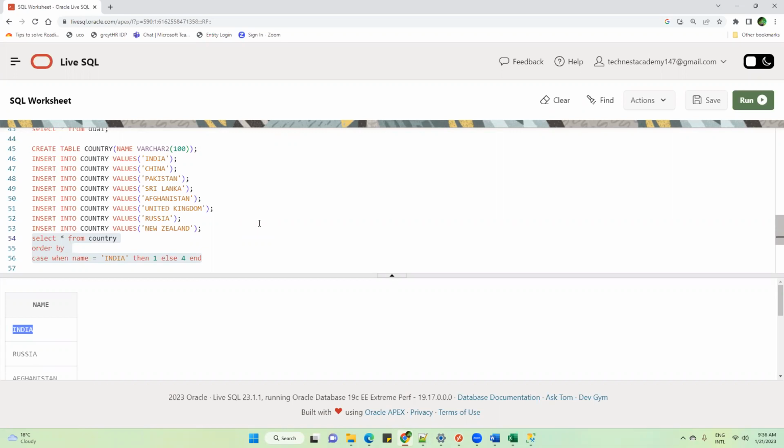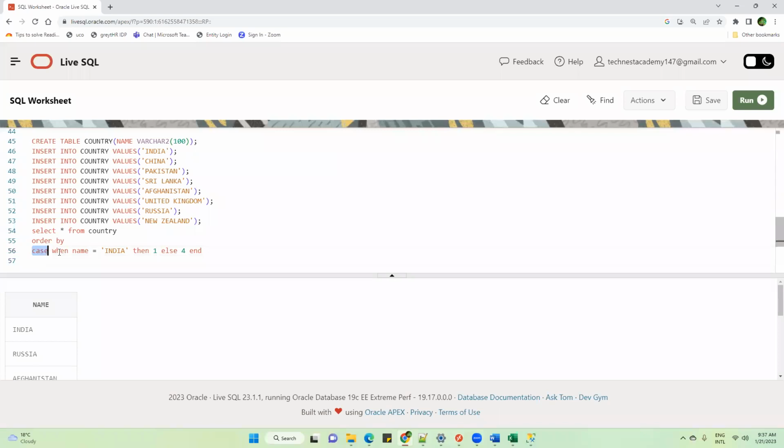But sometimes when you want to customize your sorting, in that case you have to use case with order by. You want India to be on the top, which cannot be achieved with either ascending or descending. That is why we are using a case condition with the order by.